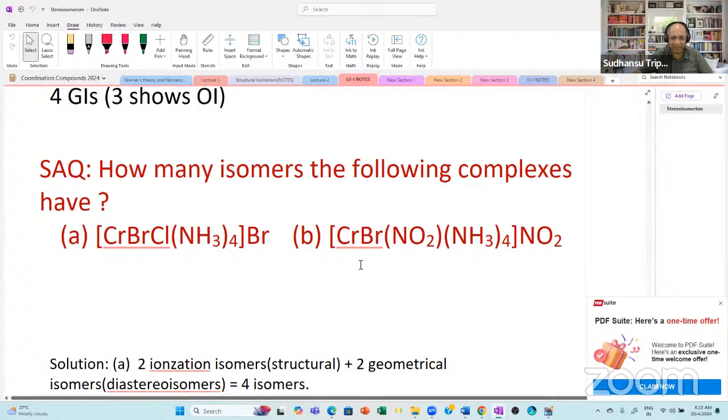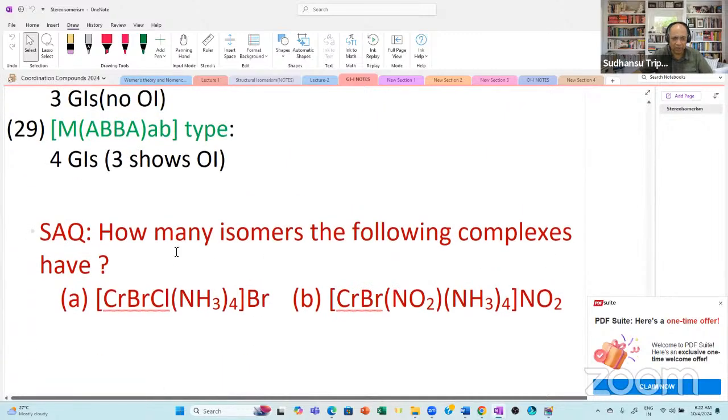And then I have a question for you. How many isomers do the following complexes have? Isomers that will include the structural isomerism. Since bromide ion is a negative ion, chloride ion is a negative ion, this chloride can come outside. It will be Br2 inside. So this can be an ionization isomerism. There is no hydrate. Had it been a water ligand, then we could have made a hydrate isomerism. So one structural isomerism. And since it is A4